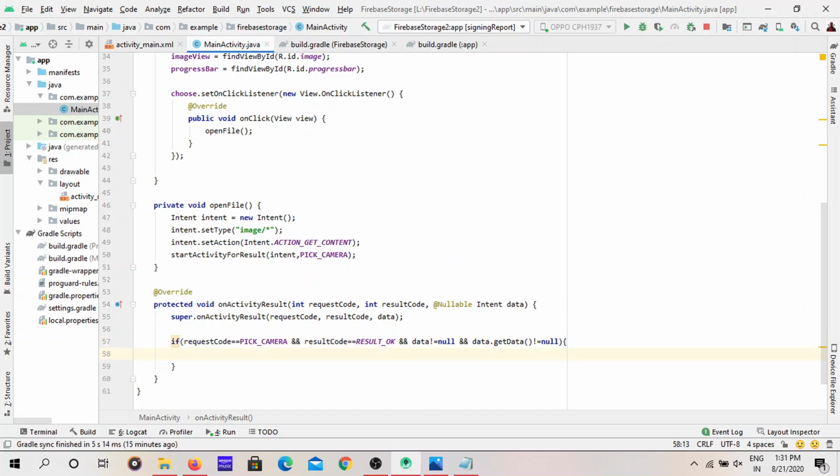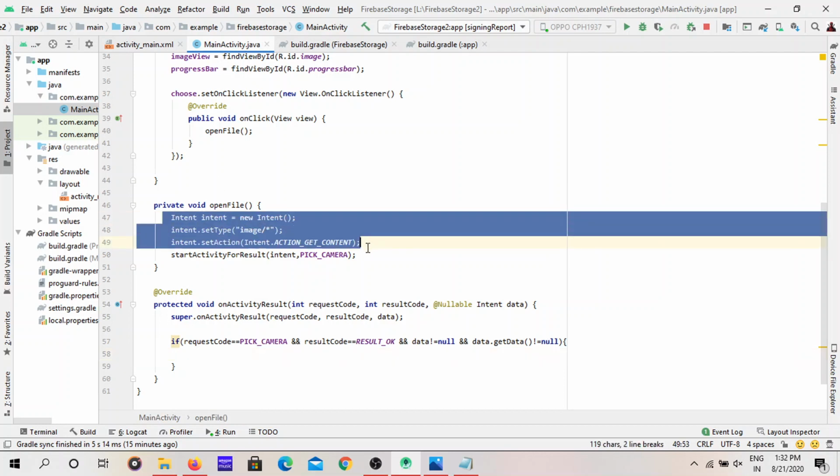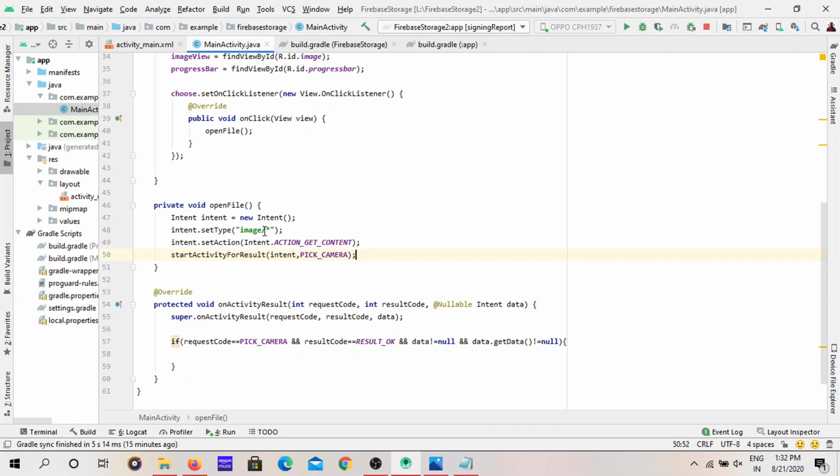See, I already said that if any intent is declared for any result, like this intent, it is for a result called image. It has to get an image as a result. So Java will give those results using this method, onActivityResult. It will give the result for every activity through this method. But what is the connection between this method and this method? How will it know that for this intent you have to give this data? How will Java know? So that's why we are using this if condition.